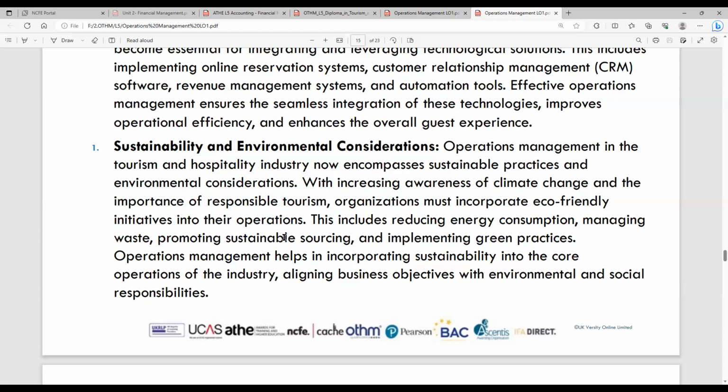these materials and services are utilized, and the tourism industry makes sure that they are utilizing sustainable practices and sustainable products, and making sure that environmental issues are considered and that the environment is not damaged, because we already have global warming, and the industry should be increasingly aware of climate change, and making sure that responsible tourism is incorporated into eco-friendly initiatives like sustainability, like energy consumption, looking at the